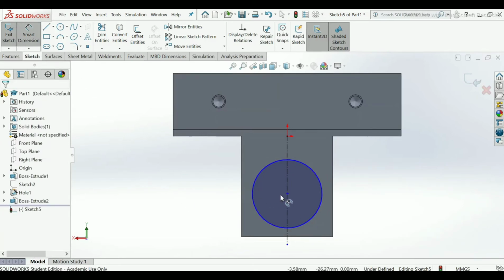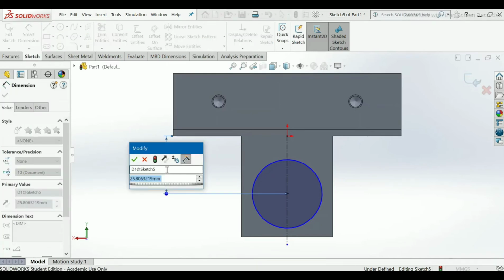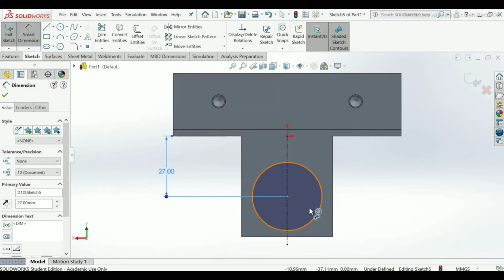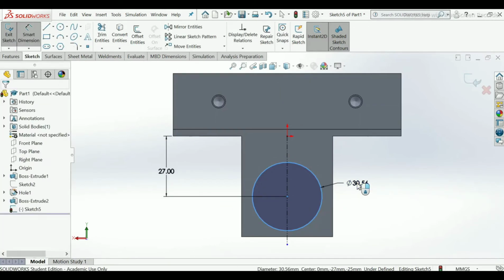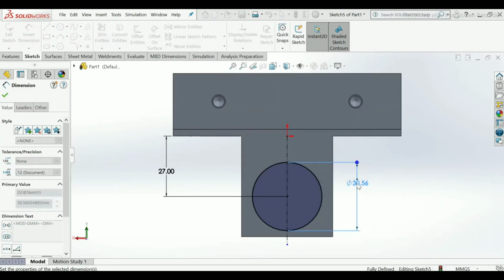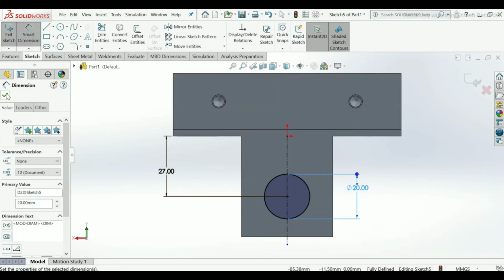Select smart dimension. First I will give the distance of it, so select this edge to this point. Distance will be 27 and the diameter of this circle will be 20 mm.